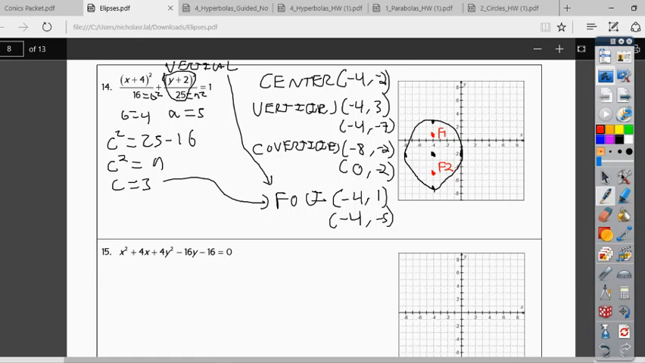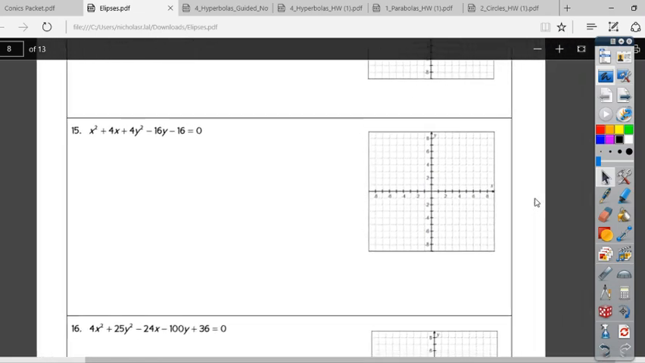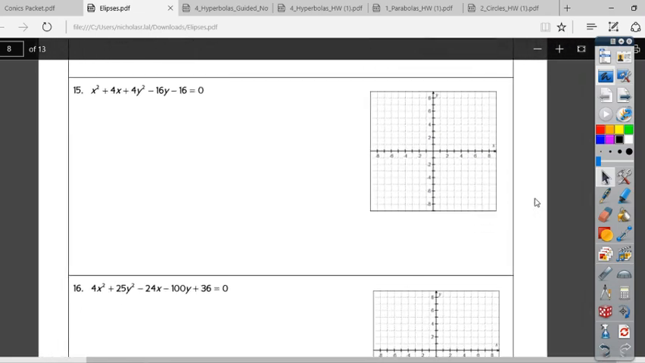Clearing annotations. Let's look at 15. For 15, 16, we need to complete the square. So this will be x squared plus 4x, completing the square. 4 divided by 2 is 2. 2 squared is 4. Plus 4